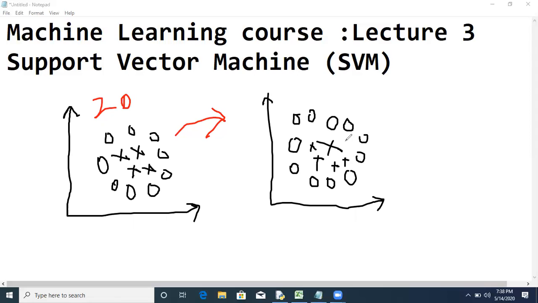So what we'll do, we will place this inner portion or inner category to the higher dimension. We'll put this cross sections, this category, to the higher dimension, to the upper side. We will lift this cross to the higher dimension, so that it will appear like this, the Z axis. This is XYZ, so it will look like this.